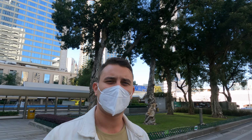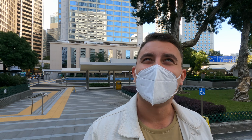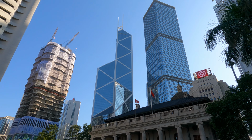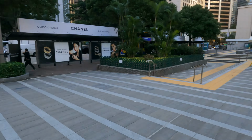Look at this. I think that's the building. Yeah, that's the building. Look at this. Beautiful, right? And here you have some of the most beautiful skyscrapers. Look at this. Pretty incredible. And also, if you look at this building here,